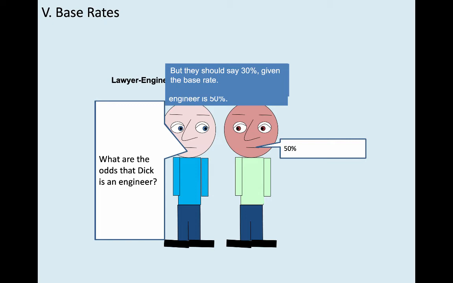But given the information that you had on the problem sheet that you had to fill out, if you put 50%, you weren't quite so reasonable. Why? Because in that information, it mentioned that 70 of the people in the sample, 70 of the people whose descriptions you were getting, were lawyers, and 30 of them were engineers. Well, if 30 of them are engineers and the description doesn't push either way, then you should just say, well, the odds are 30% because 30% of them are engineers.